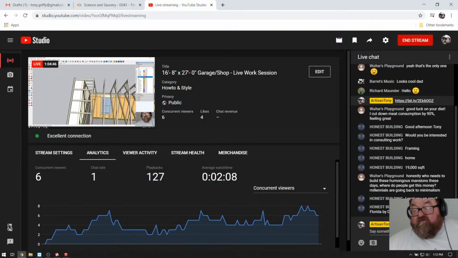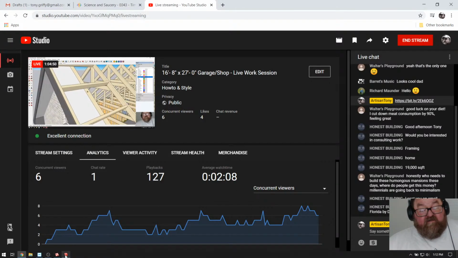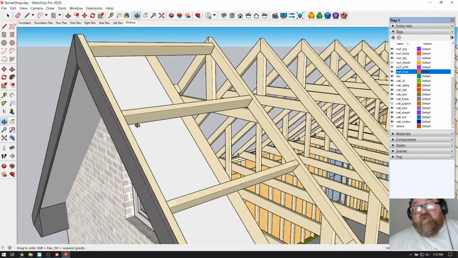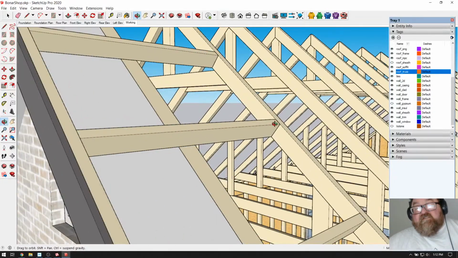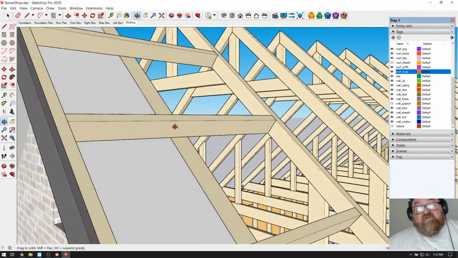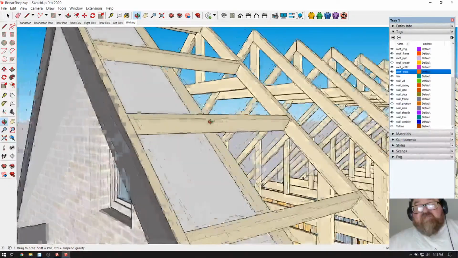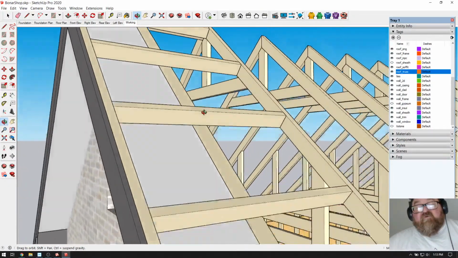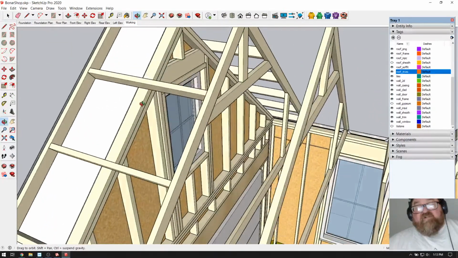Okay, cool. I was going to say honest building. It kind of goes back to that framing, that consulting thing we were talking about, because these outlooks for this overhang are super strong when you do them this way. When you build that gable end wall, and honestly, this is kind of an old school way. We used to do this